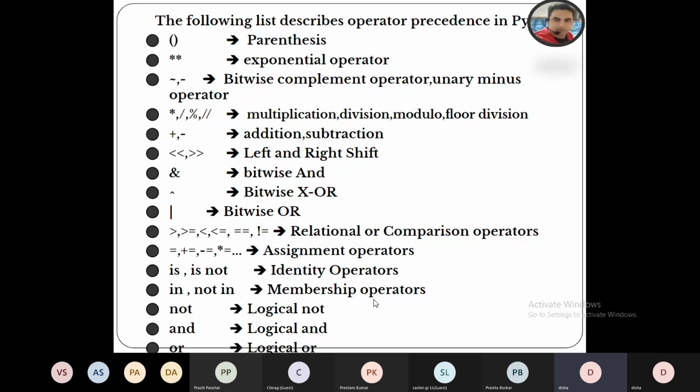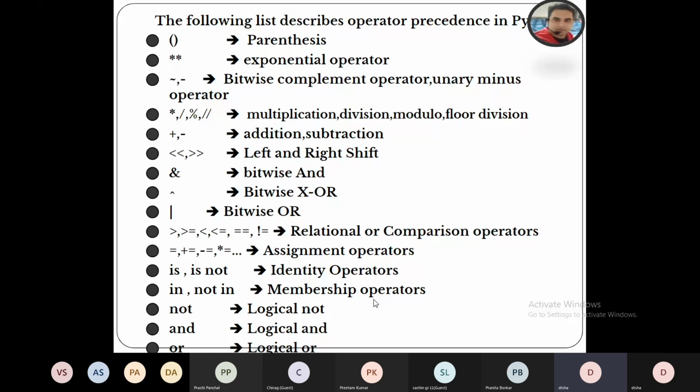If the priority is equal, the associativity moves from left to right in the expression. So if we have multiplication, division, modulus, and float division in the expression, we solve from left to right, whichever comes first, because these are all on the same priority.